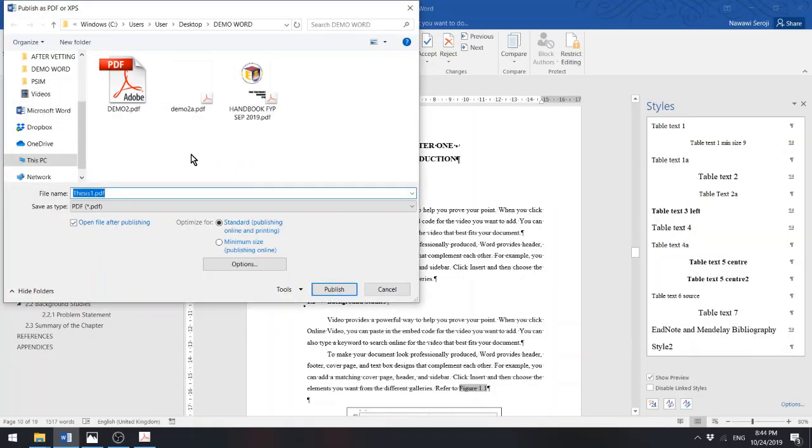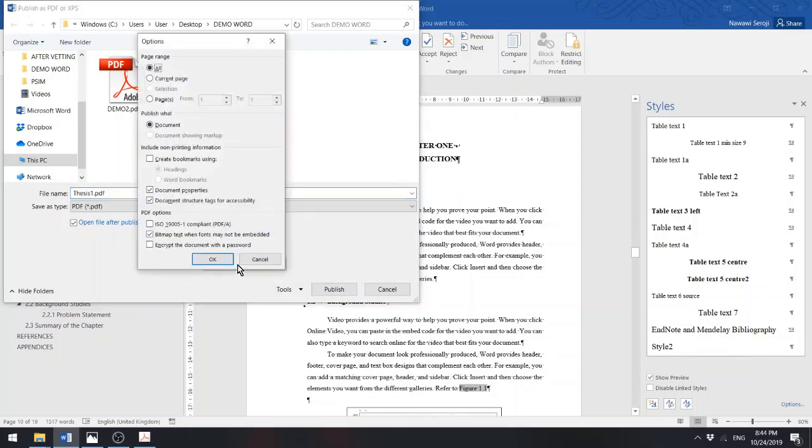Now before you click Publish, why not you go to Options, and then Create bookmarks using headings. When you tick this button, create bookmarks using headings, it will retain the navigation pane, the thesis structure,